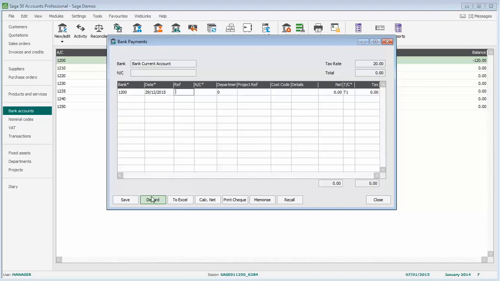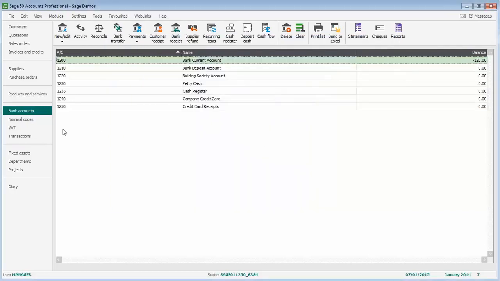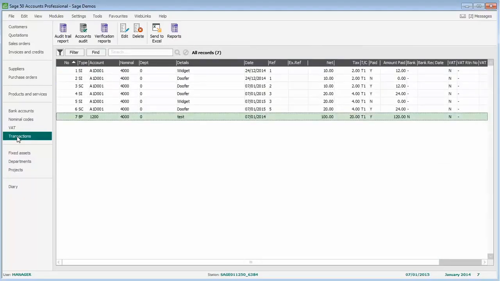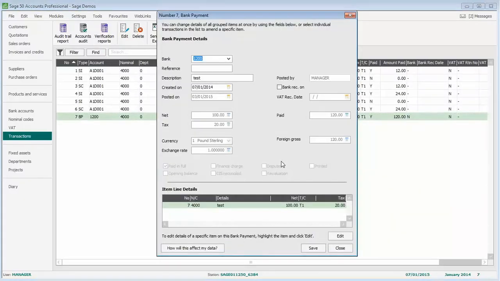Now, if you're using Sage Accounts 2014 and below, you'll need to go to File, Maintenance and then Corrections. If you're on the latest version, just discard that screen and then it's straight into Transactions, and you'll find the corrections options at the top. So we can just highlight this bank payment that we've backdated to 2014 by mistake, click Edit, click Yes to close any other windows that we've got open, and it's this date here, this created on date, that we need